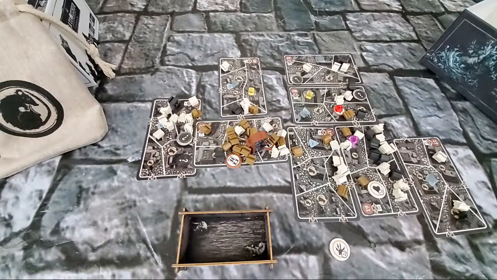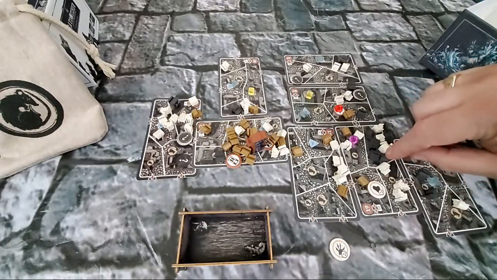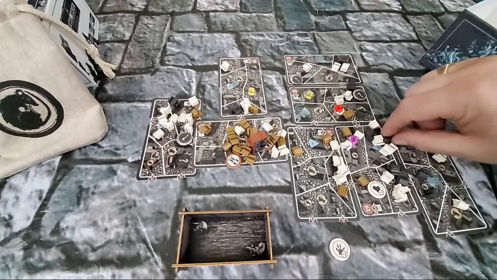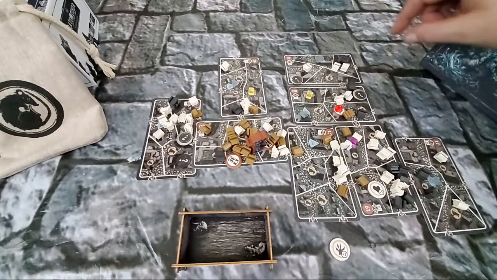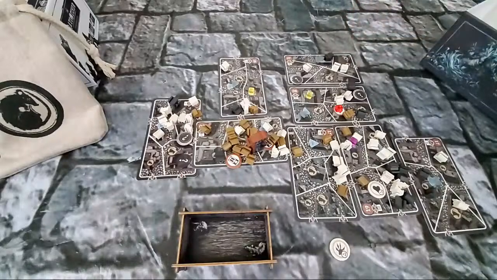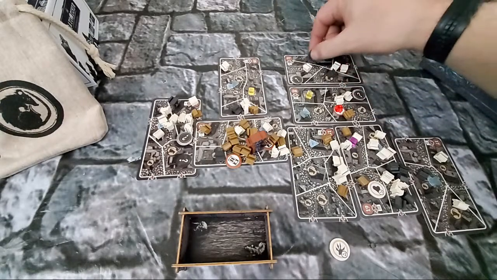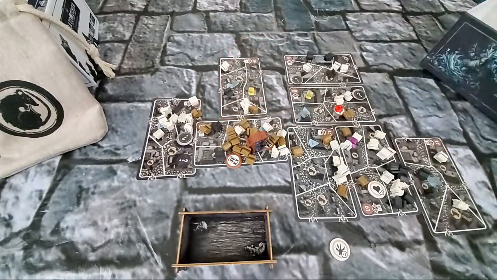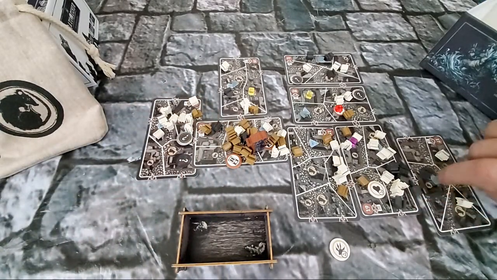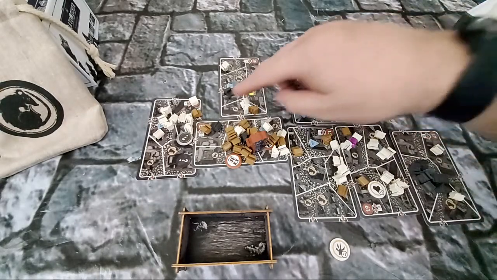Now, the black rats are going to be going for cheese. And they move 1 space. This is insane. One, two. One. I think I messed up somewhere, but